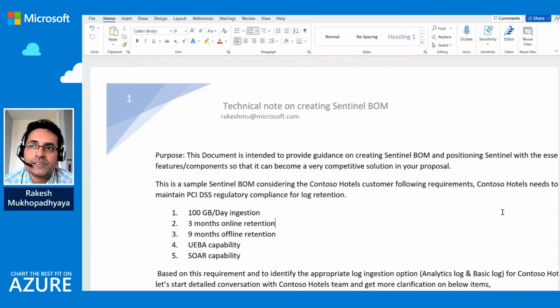So Sentinel, since it is a cloud native SIEM plus SOAR solution, our consumption plan is basically pay as you go. So if you ingest 5 GB, 10 GB, 20 GB, 50 GB, based on your ingestion, you will need to pay.